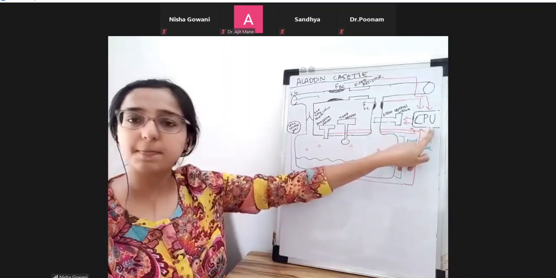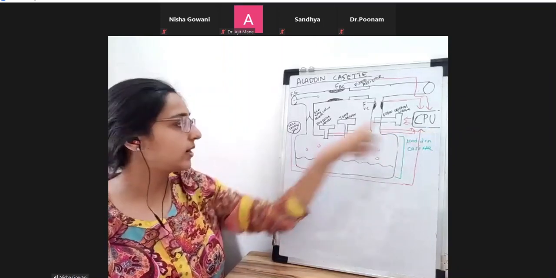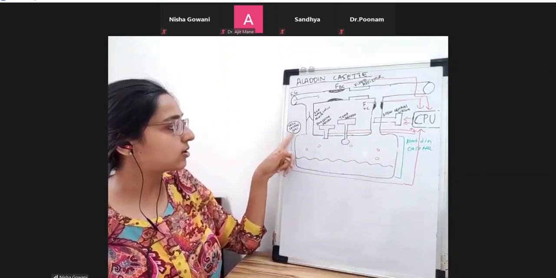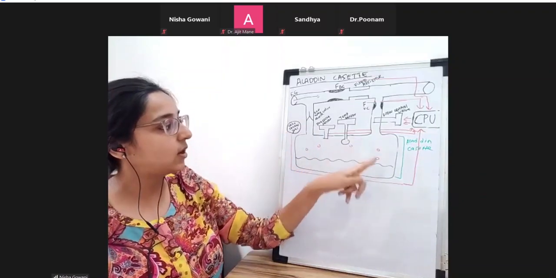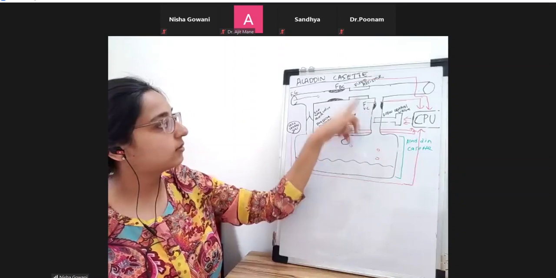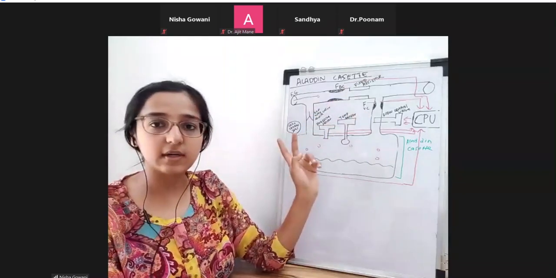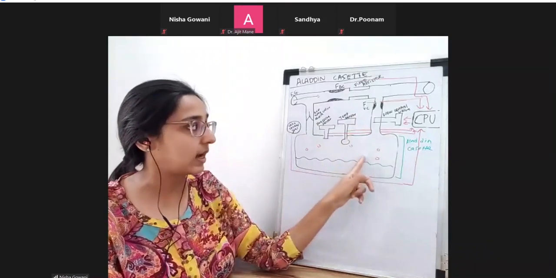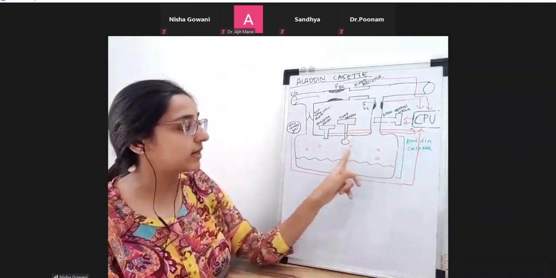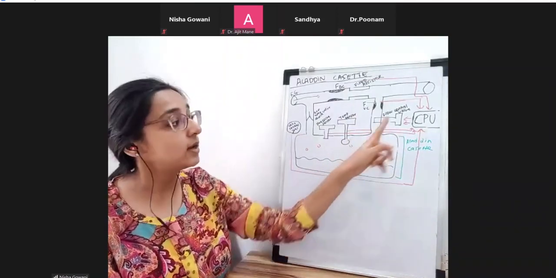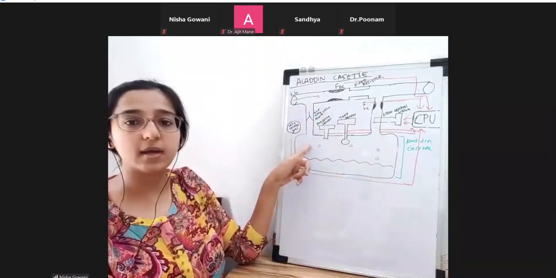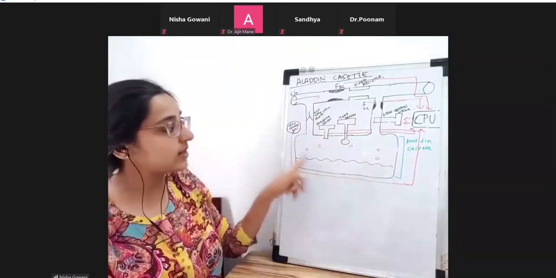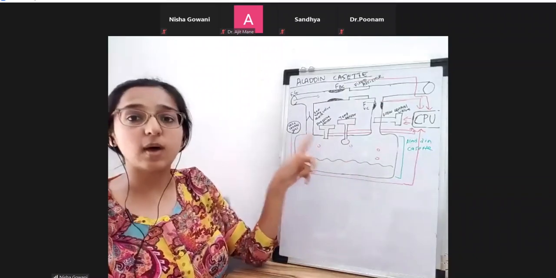Now the CPU is already getting messages, right? It's already getting messages from the concentration control dial, pressure sensor, and temperature sensor. All of these are giving input to the CPU. The CPU knows that desflurane has been put inside, and it also knows that desflurane has crossed its boiling point. It also knows that there is no incoming gas over here, only vapors. The CPU has all this knowledge.